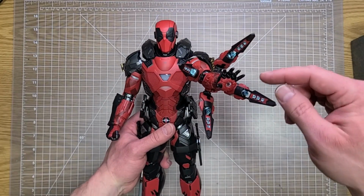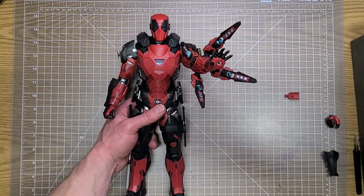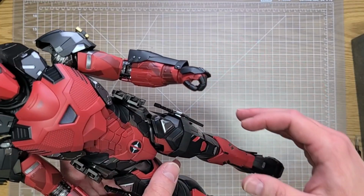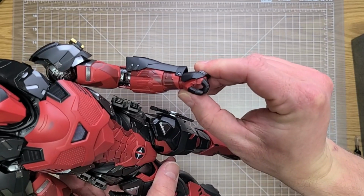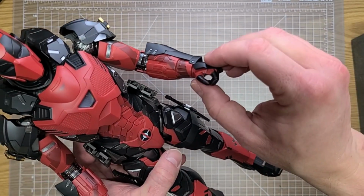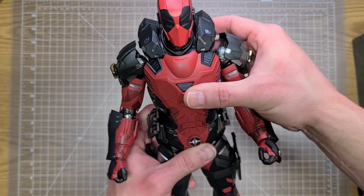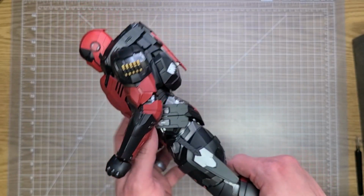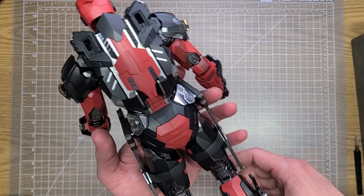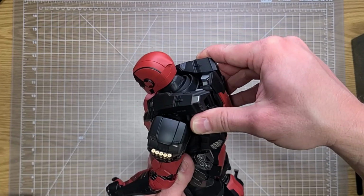Oh, okay, let me take this off, and then I'll show the batteries in the back. I don't want to break anything with this, so hold on. Also, I don't think I covered it, but you can see that this right here is your sword. What came on the figure was your sword-holding hands. There's no closed fist hands at all. No punching hands, but I don't think that'll be an issue with this figure, so I don't think anybody's going to want to keep his hands